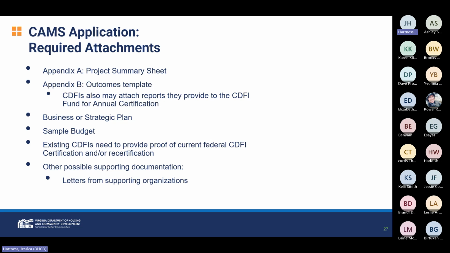The project summary sheet, an outcomes template, so telling us what you will achieve with the funding that you receive, your business or strategic plan, a sample budget, the proof of your CDFI status or recertification status, and any other supporting documentation that you believe is relevant. An example of this could be letters from supporting organizations if you are in some way partnering with another organization to complete this